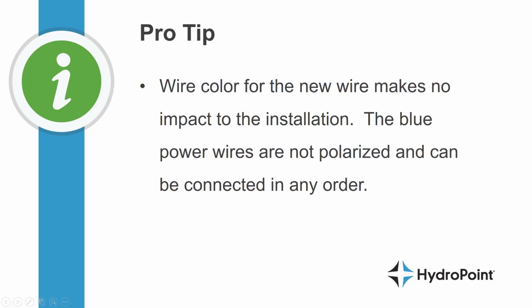One of the most frequently asked questions about installing a FlowLink is what type of wire we need to connect the FXT and the EXT. While we recommend standard 14 gauge irrigation wire, certainly the color you use does not make any impact on the installation. Because the blue wires on the EXT and the blue wires on the FXT are not polarized, it doesn't